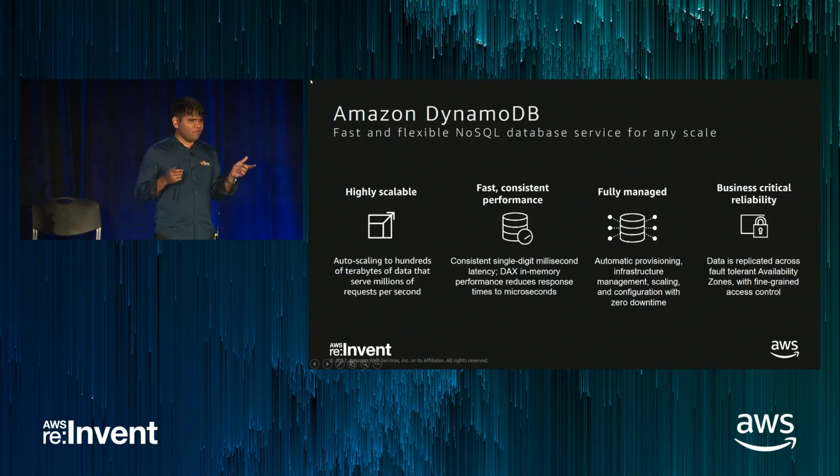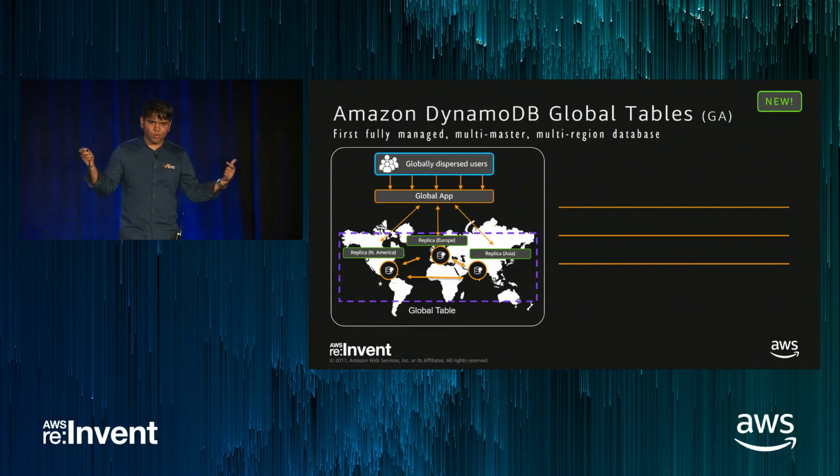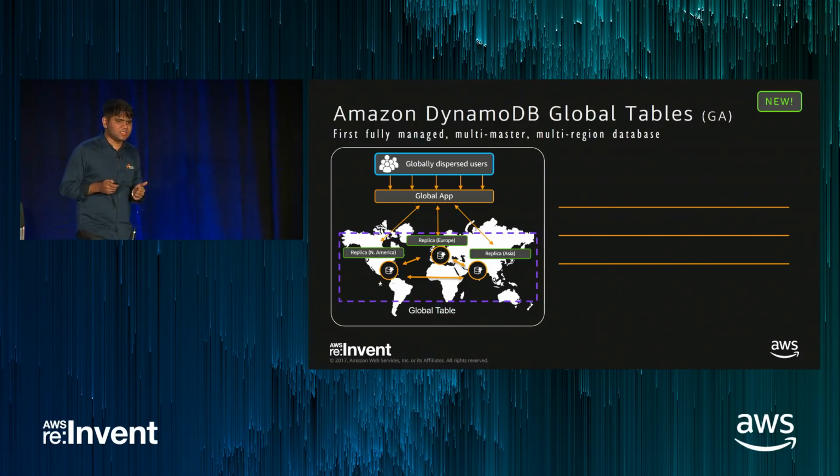So you would want to have DynamoDB also replicated. So today we announced one more feature, DynamoDB global tables. Now you can have DynamoDB tables spread across the globe, and you can keep writing to any of the tables, and they will be working in multi-master mode. From one end, data will be replicated instantaneously to the other end, and vice versa, and all the tables across the globe will be in sync for you.